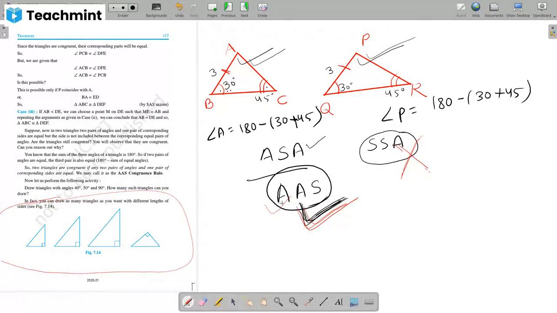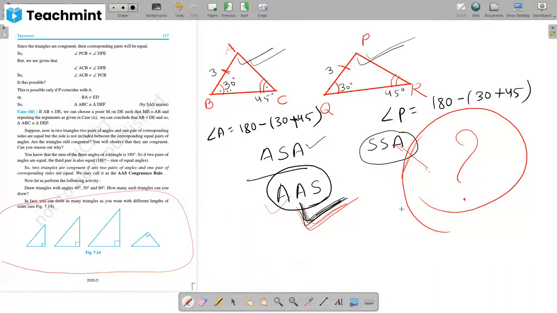Nobody will give you chalk and a board and say, prove this theorem. Of course, the proof of the theorem is important because we have to attempt it and write the proof in the exam, but you should also know the reason behind each and everything, why this is the congruency criteria, why this is not the congruency criteria. So as I said earlier, this question mark should always be with you and always try to answer this question. Is it clear?